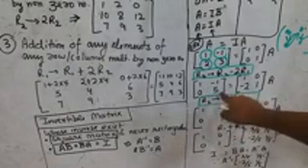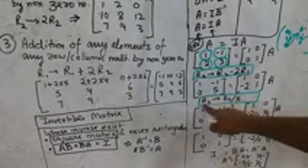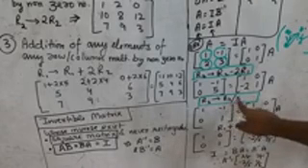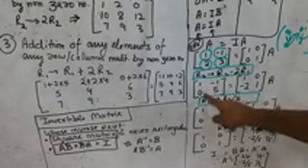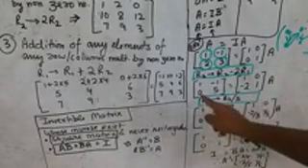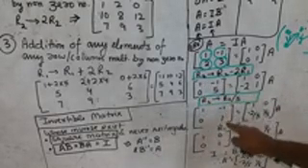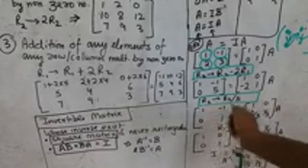We can easily see that this 5 can be easily converted into 1 by dividing by 5. So we applied the operation R2 divided by 5. We can divide or multiply by any number as discussed in the second operation. So divide the second row by 5. This remains the same. 0 by 5 is 0, 5 by 5 is 1. Almost we have changed the matrix to identity matrix, only this value is left.